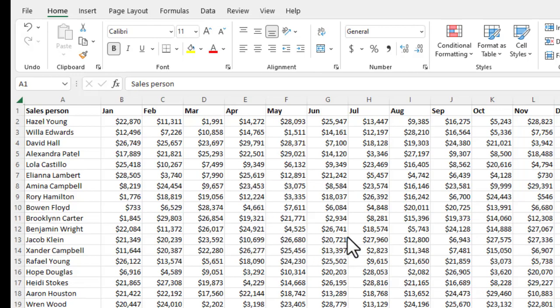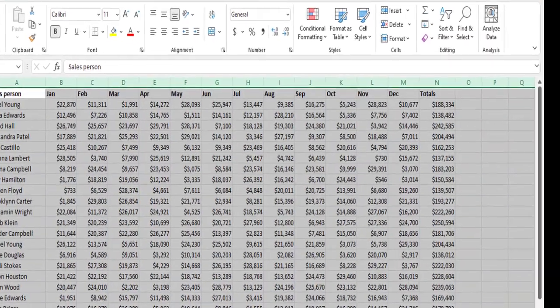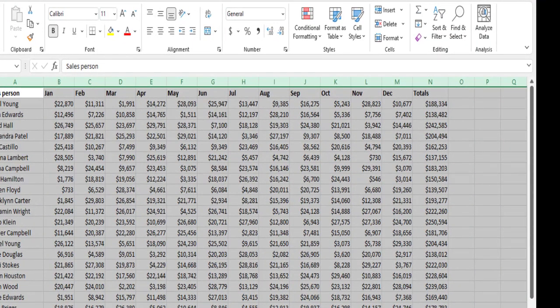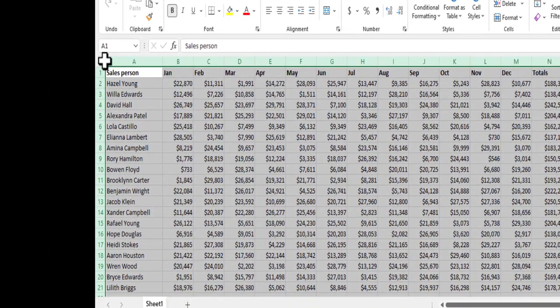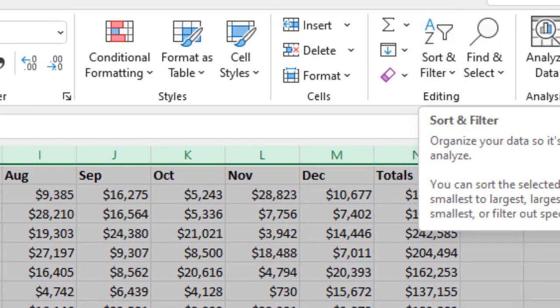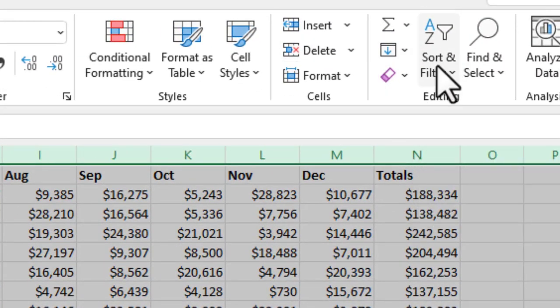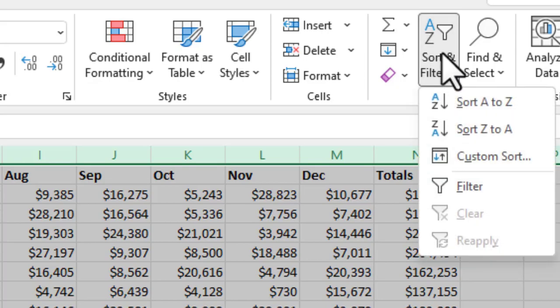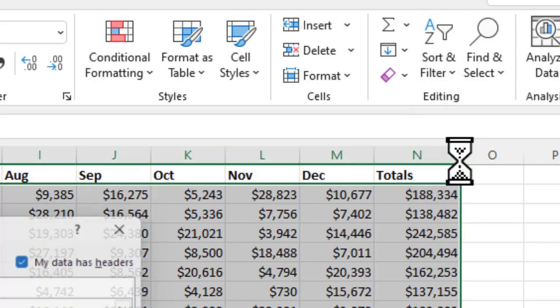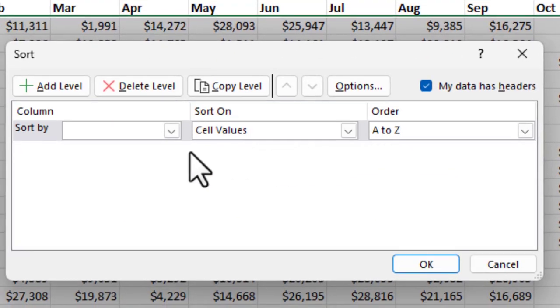So if you want to sort this data, for example, you could sort from high to low for the total sales. And we'll go ahead and do that. I'm going to go ahead and just click on the very top left here, the open cell between column A and row 1, and that'll highlight the sheet here. And then I'll go under the Home tab. I'll go under the Sort and Filter menu, and I will do, let's do a custom sort. And in this case, let's sort by,